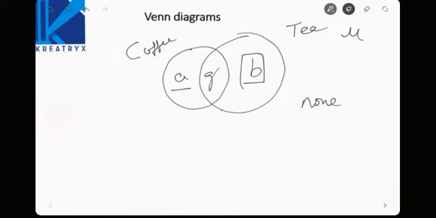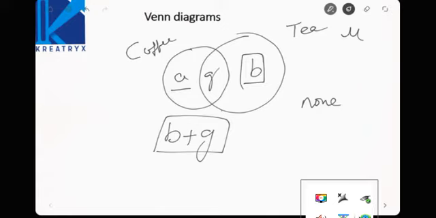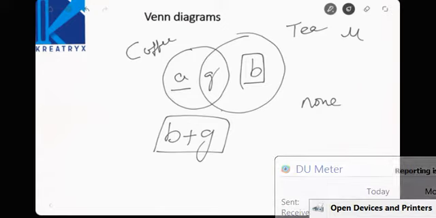Observe the verbal differences. When you are asked to find out the alphabets of those who are taking tea, not only tea, taking tea means observe the alphabets in the Venn diagram of tea. That will be your answer. Who are the persons taking tea? B plus G. B plus G are the persons who are consuming tea.